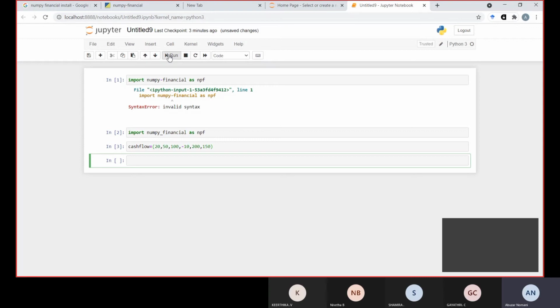Now, the rate of interest that we are going to apply on the cash flows that we have made is, suppose, a 10% interest rate.